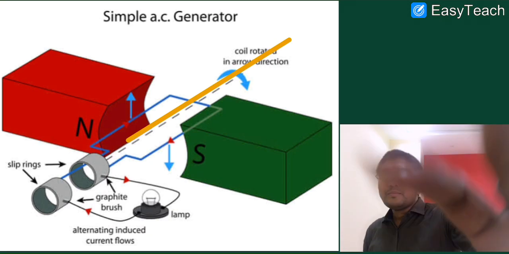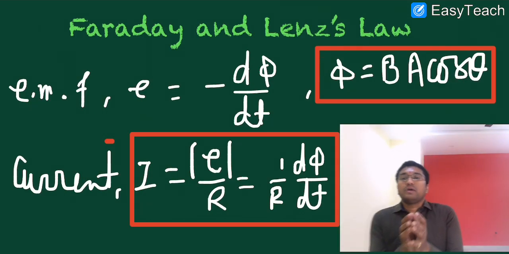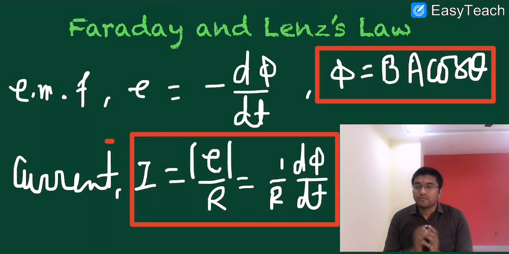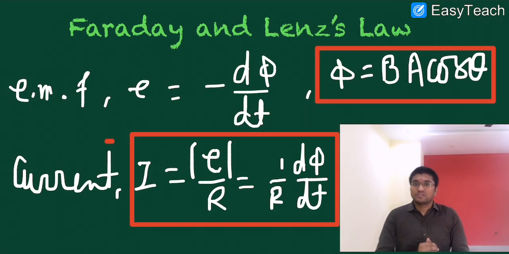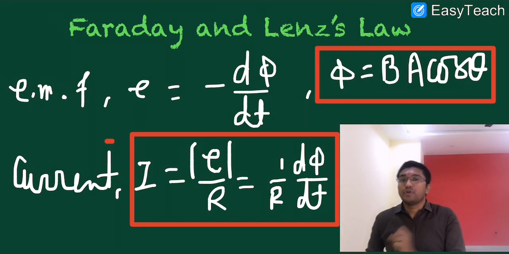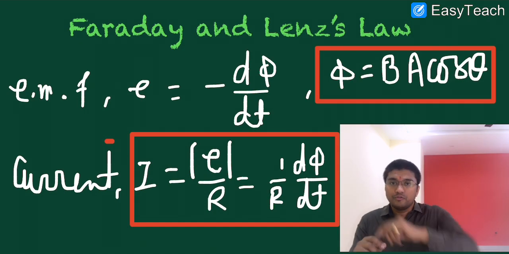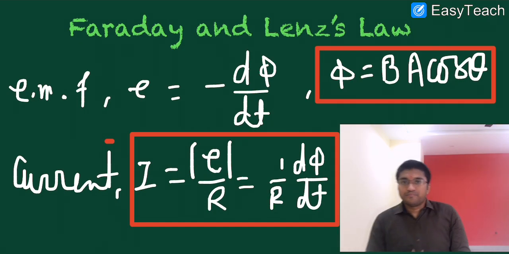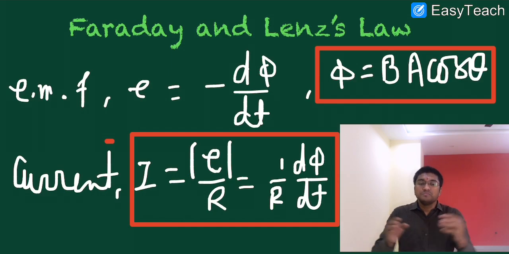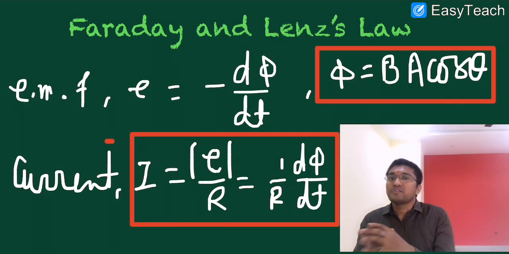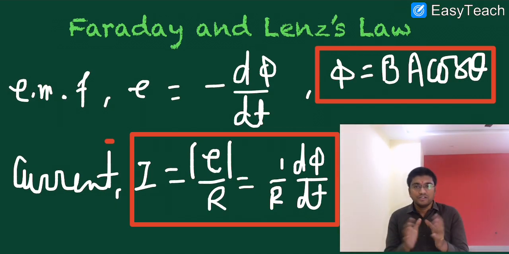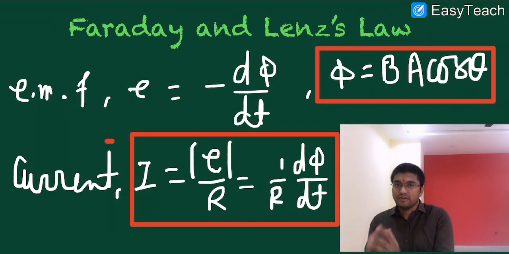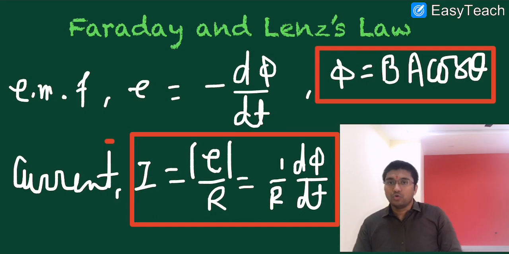As we can see, the amount of electric current produced can be calculated from Faraday's law. According to Faraday's law, the rate of change of flux will give us the EMF produced. EMF is the electromotive force which is produced in the coil. Flux is simply the number of field lines passing through the area. Phi is equal to BA cos theta, where theta is the orientation between the magnetic field and the area of the rectangular loop.